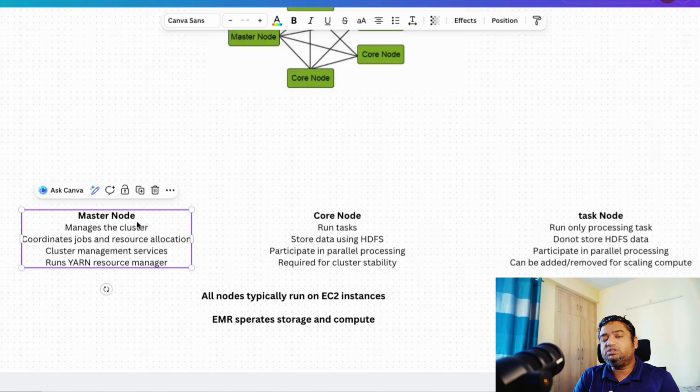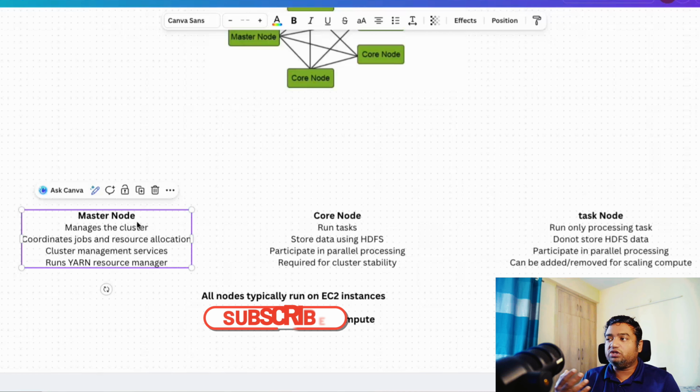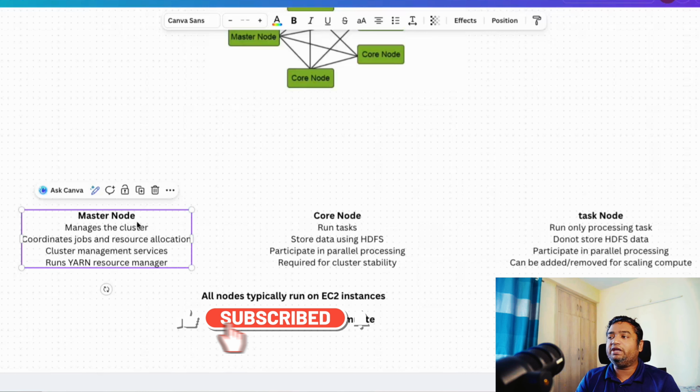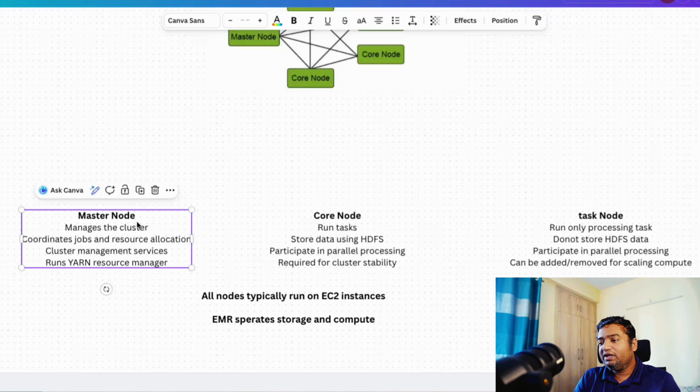Like in the normal Spark, you would know about Yarn as a resource manager, Mesos as a resource manager, Kubernetes as one of the resource managers. So here, the node itself is a resource manager. It manages the cluster. It looks into the health of each of the nodes. If a node is not working, if a node is not live, then the node will be taken out of the cluster. All the cluster management services are done from the node, and this is a single point of failure